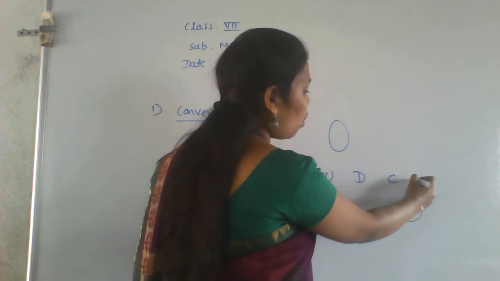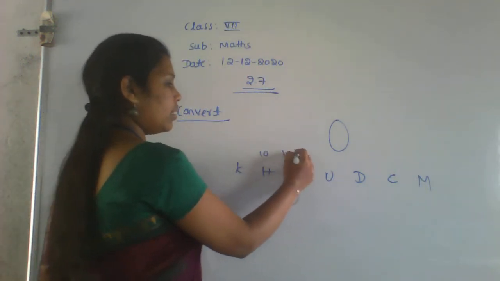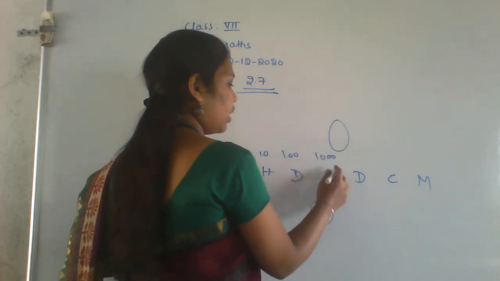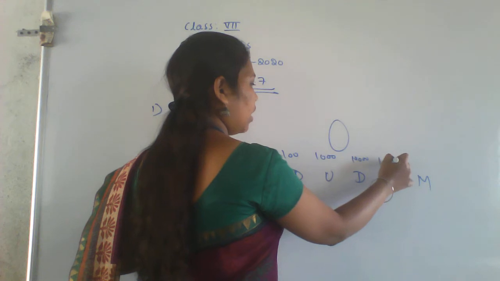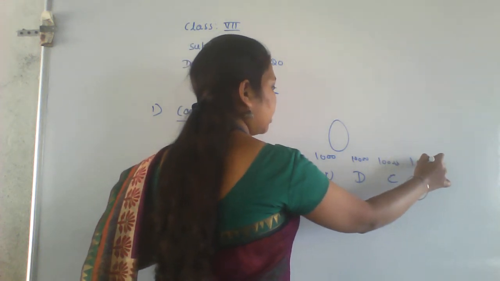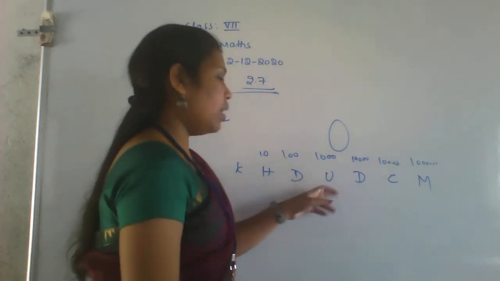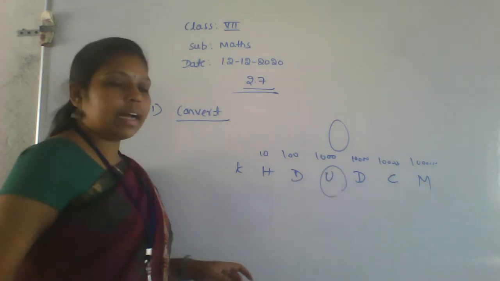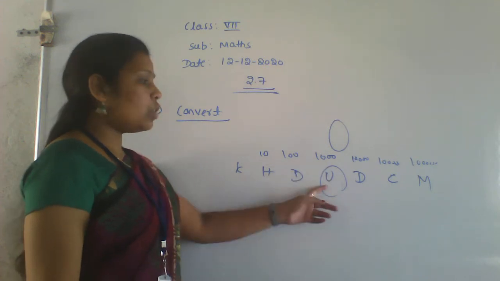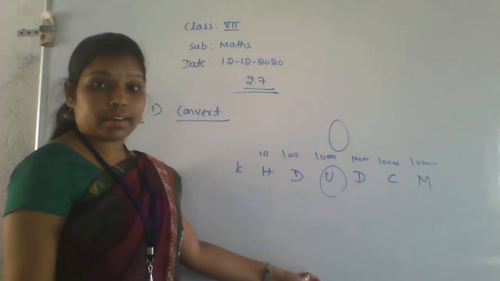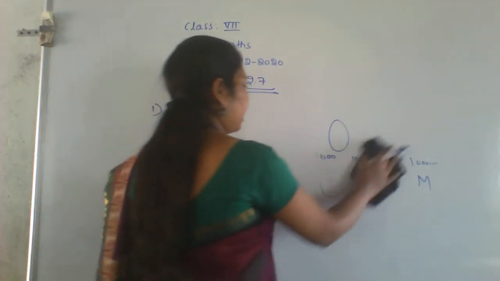Next one is chocolate milk, right? So here it is 10, it is 100 and it is 1000. Here only 1000 take and here 10,000 and here 1 lakh and here 10 lakh. Like that you have to increase by 10 times. Consider this also. Okay, I made a mistake. So here consider this also, it will become 1000. Usual base units are meter, gram, liter. These are called the base units.